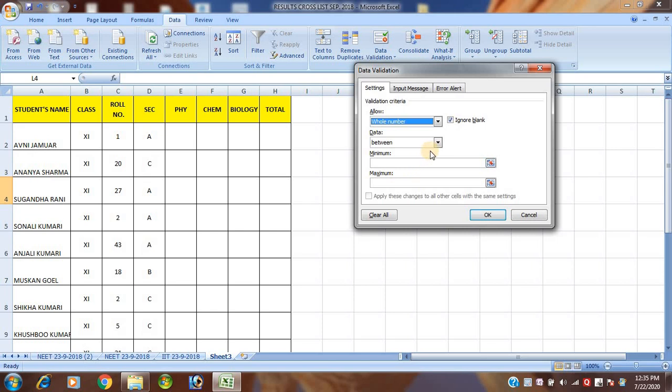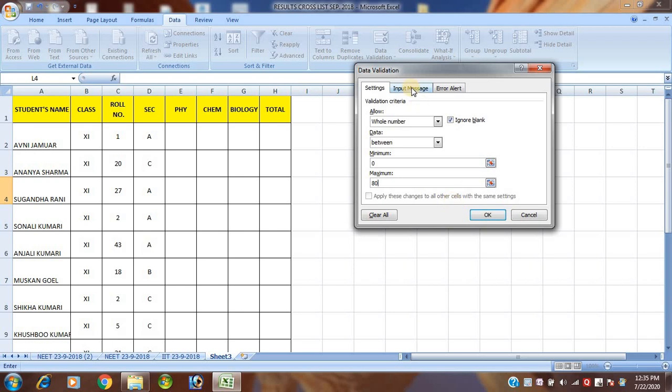Then the data is between, between minimum and maximum. Minimum, what any student can get as the minimum score, suppose 0, you insert 0, and maximum is suppose 80, maximum is 80.